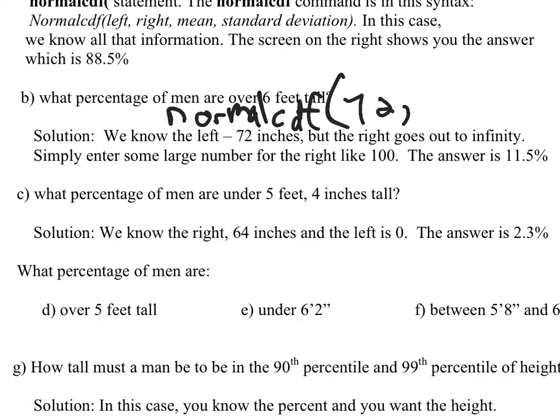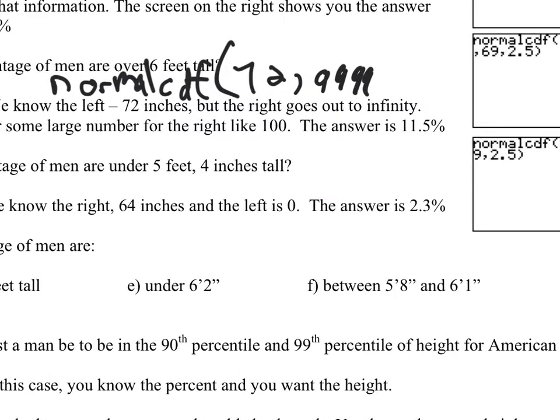What's the upper limit? Yeah, use a big number, 9999. 100 might be close to the mean, so you want to be careful. You'd want to go at least 5 standard deviations away and it won't matter. I always just say 9999, and I still have to say 69, 2.5, and that answer gives me,